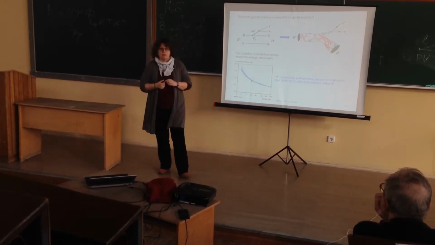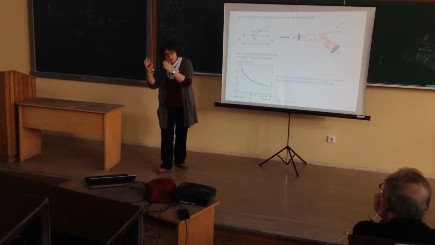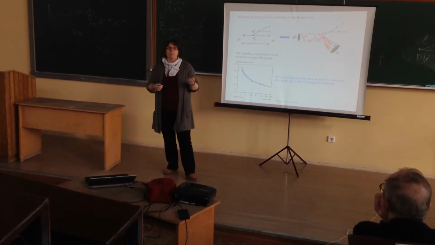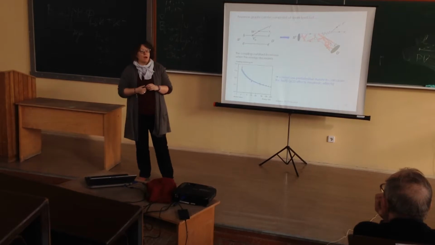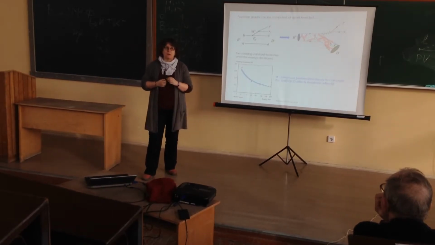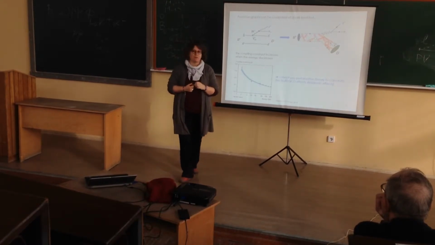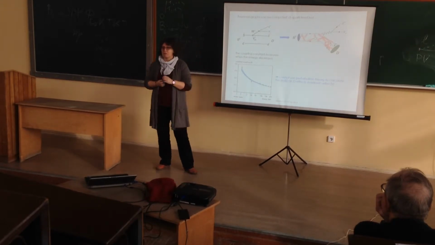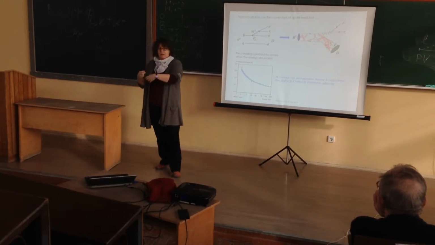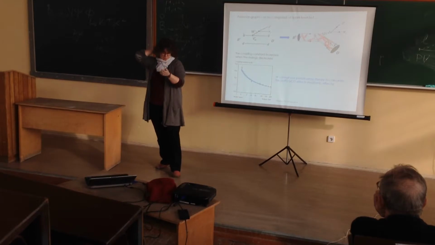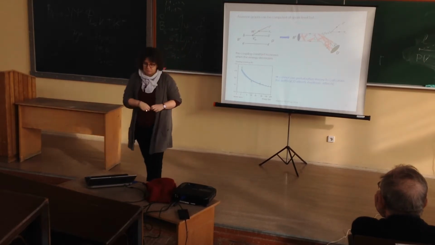You have to find ways, working in common between experimentalists and theorists, to define observables which are as clean as possible from a theoretical point of view, and also as experimentally accessible as possible. Sometimes theorists find very nice observables which are very complicated to do experimentally, not to say impossible. On the other side, experimentalists can find modes very easy to reconstruct, but theoretically they cannot be cleanly predicted, so it's really a work together.